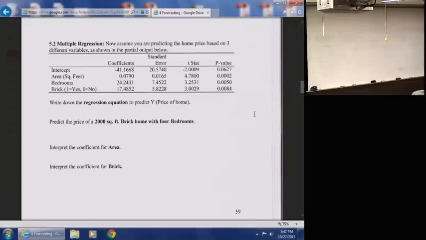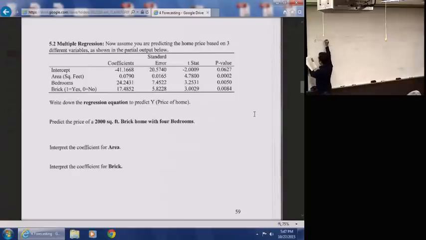Okay, let's do the question together, just to save time. So you got this big table from the Excel or whatnot, and assume you are predicting the home price again, but now based on 3 different variables, as shown in the table. Write down the regression equation to predict the y. So what would be the equation? Y equals